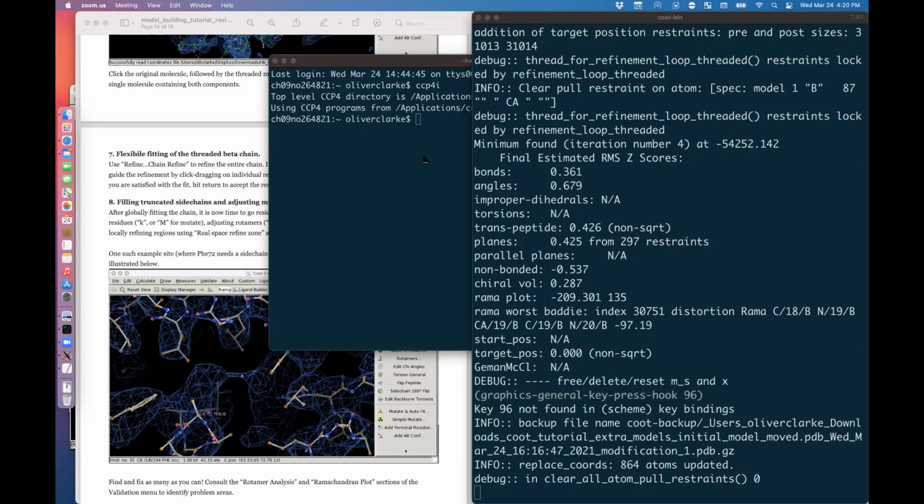Do you ever use Rosetta in your building, rebuilding, outbuilding process? The answer is not as much as I should probably, but I do think it's a very useful tool. There's just a bit of a learning curve to getting it up and running, and the computation is quite intense. Having said that, another option for trying to generate an initial model would be a homology modeling approach that incorporates Rosetta as well as other